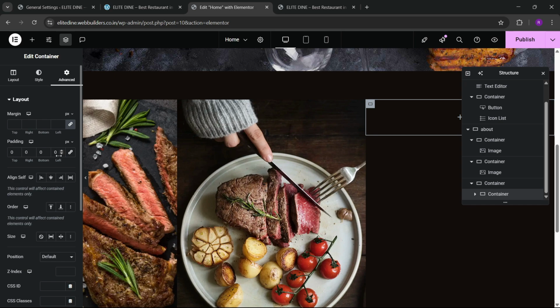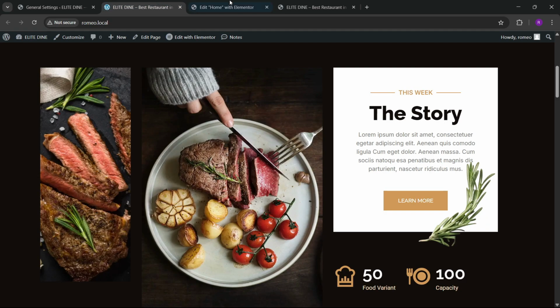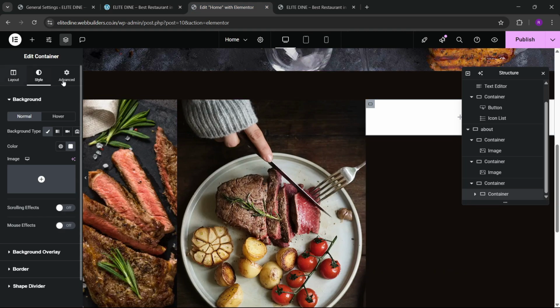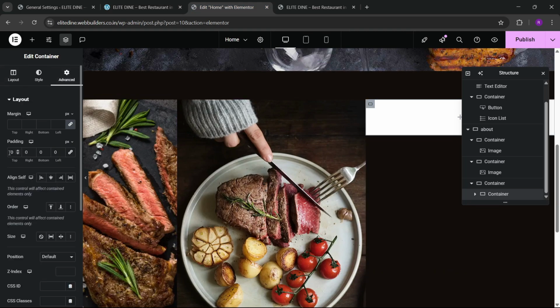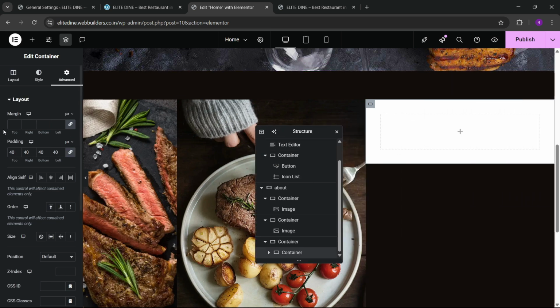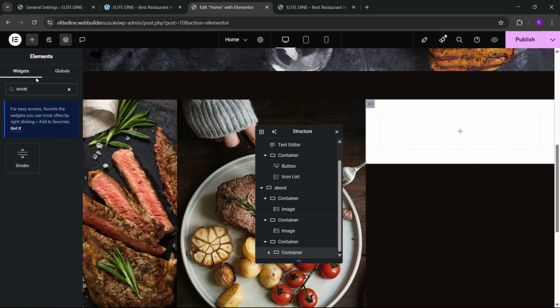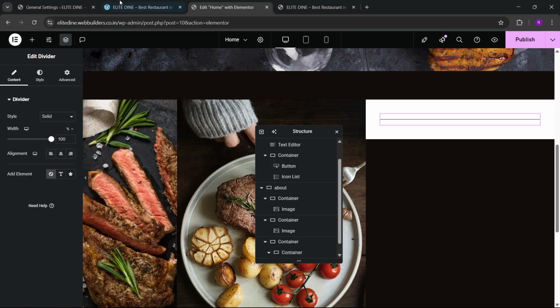Okay, and we can remove the paddings and all. Let's make this white pure. Here we have to add this type of content, so first we're gonna add some padding also. So we have this padding, let's make this here. Now we can add a divider here, so let's search for the divider widget, drag and drop this, and